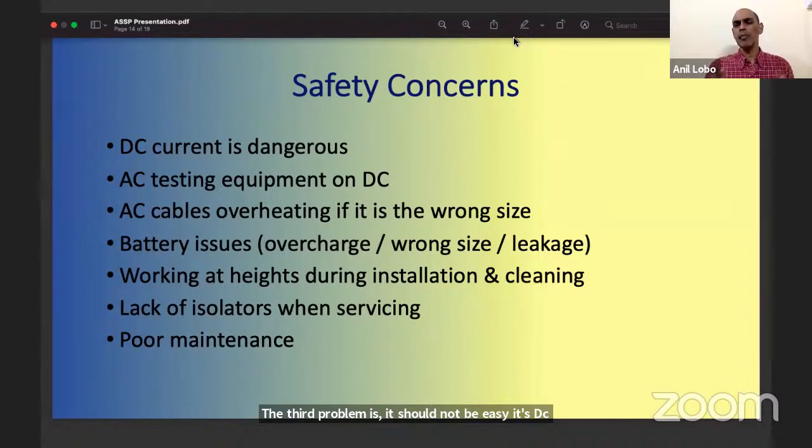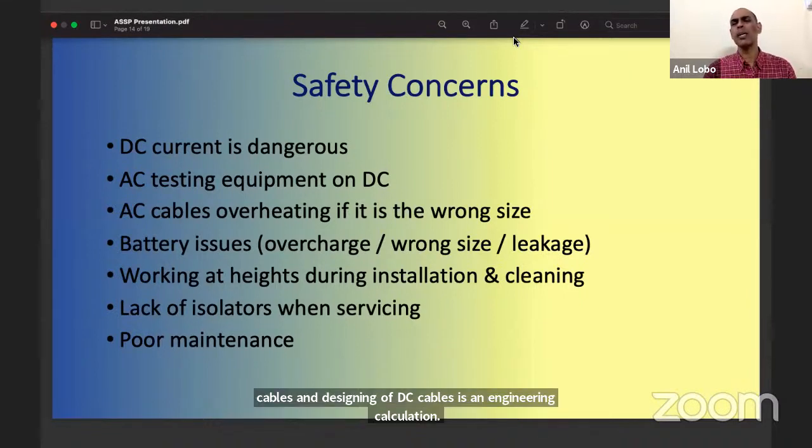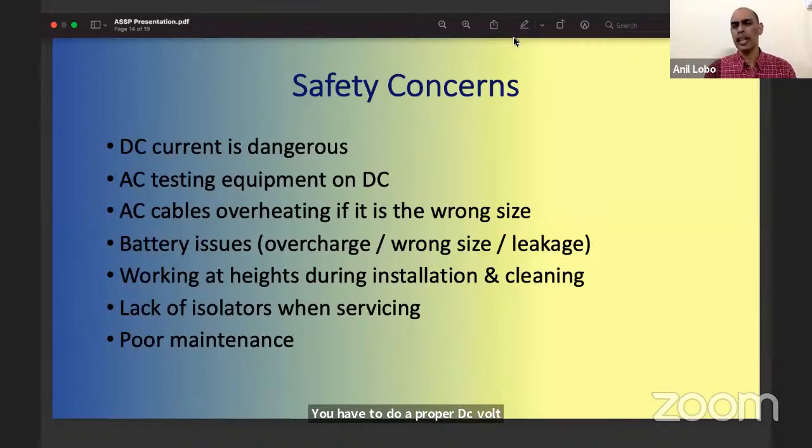Now, designing of DC cables is an engineering calculation. You have to do a proper DC voltage and current calculation: the length of the cable, the size of the cable, the load that is being used. If you don't do it properly and you just guesstimate and use the same numbers as you expect for the